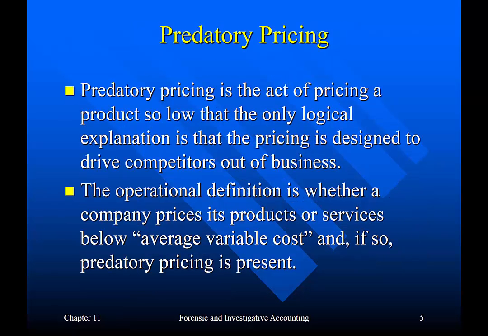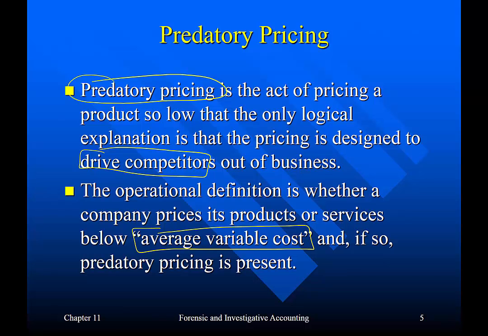So let's define predatory pricing. Predatory pricing is where you actually price the product so low that it's pretty much just to drive competitors out. Normally, you actually price the product below the average variable cost. So if you notice, you have the selling price minus your variable cost. That gives you the contribution margin. So let's assume your variable cost is $4, but if you price the product at $3, you're losing $1. And that's pretty much evidence of predatory pricing, right? You want to make sure that you have a positive contribution margin so it will help you with your fixed